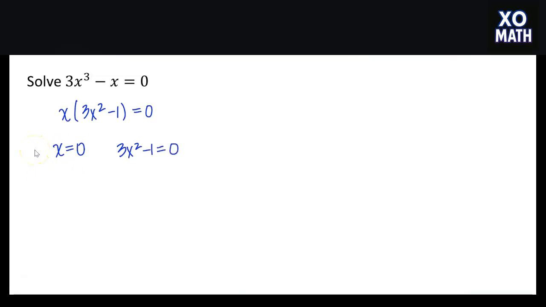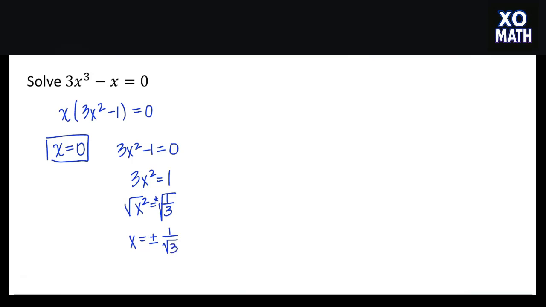So here's one of my solutions, x equals 0. Here I have 3x squared minus 1 equals 0. I can work to isolate the x in this one term here. I can add the 1 to the other side. I can divide by 3, so I get x squared is equal to 1/3. And then I can take the square root of both sides, but I'm going to get plus or minus the square root of 1/3. So that's x equals plus or minus the square root of 1 is 1, and then